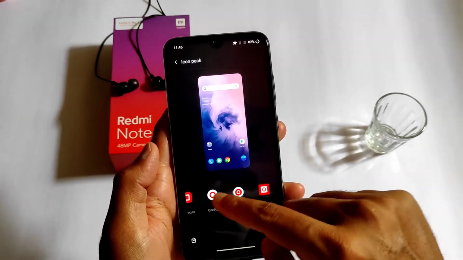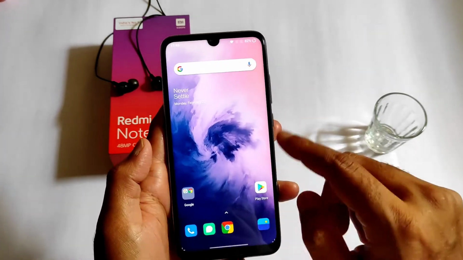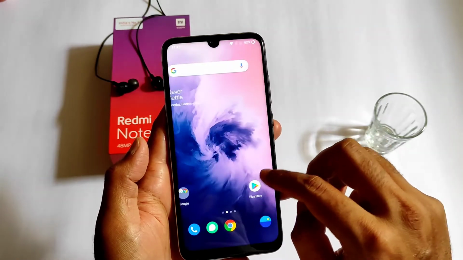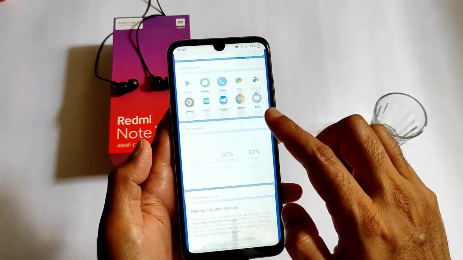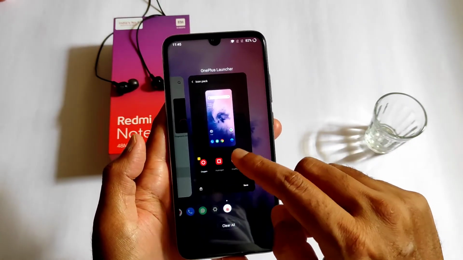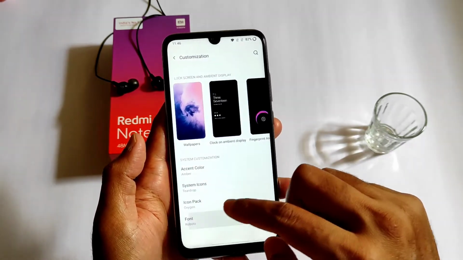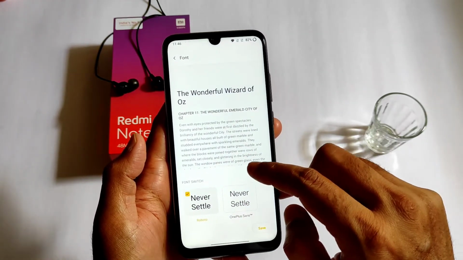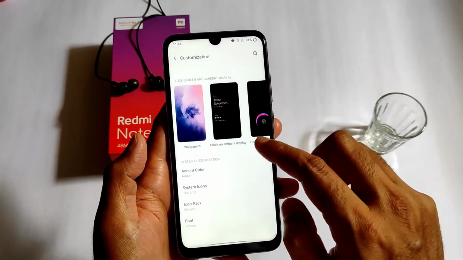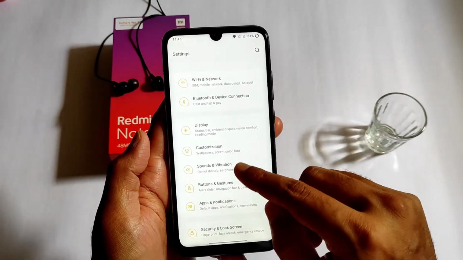Icon packs also, some of them are given, like Hydrogen, OnePlus, like that. Let me apply Hydrogen. As you can see, these are all the icon packs. You can even install third party icon apps also. Just -1 screen you will get it. Even the font also, there is only one option of font here. You can choose it from these settings. That's the customization only available.